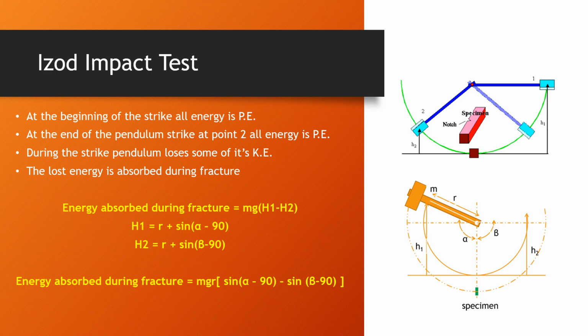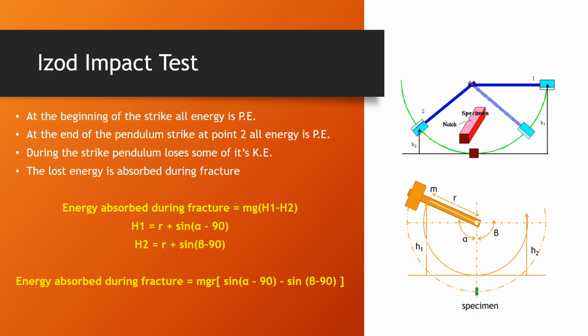So how do we calculate that? The energy absorbed during fracture is equal to mg, where m is the mass of your hammer and g is the gravitational acceleration, times the difference between h1 and h2, the two heights. Now in our case, we do not know what h1 and h2 are. However, we know the hammer arm length, that is r. Now from some geometrical calculation,